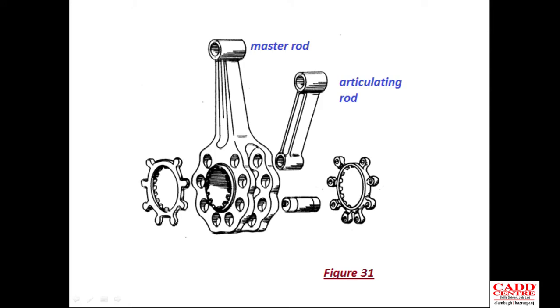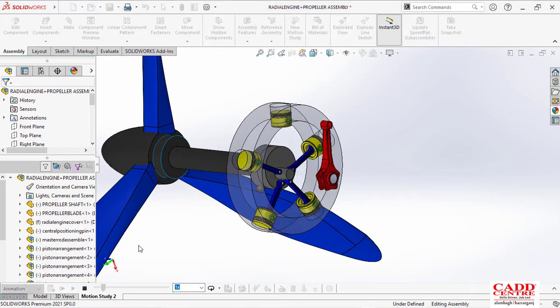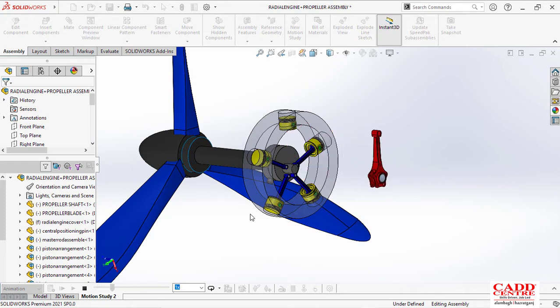Before jumping into the master rod modeling and articulated rod modeling, we just have to see what the function of the master rod and articulated rod is. The function of a master rod in a radial engine is that it connects one of the pistons to the crankshaft and carries the bridge pin to which the link rods are connected. Hence, it is mainly responsible for revolving and rotating all the components together, combining all the components with the articulated rod. And what is the articulated rod? The rod in a radial engine that connects one of the piston wrist pins to a knuckle pin on a master rod. So this is our articulated rod.